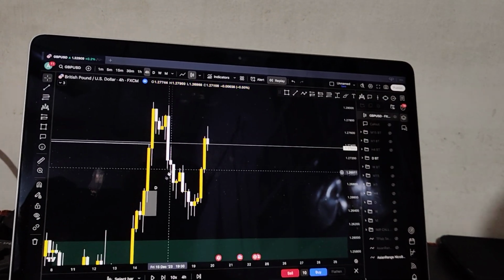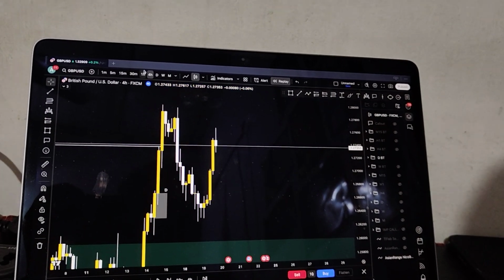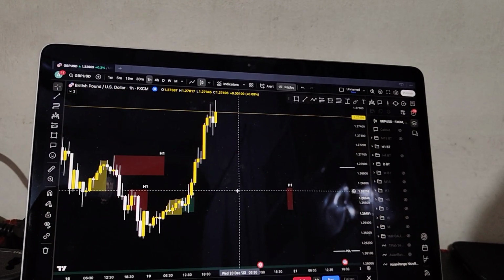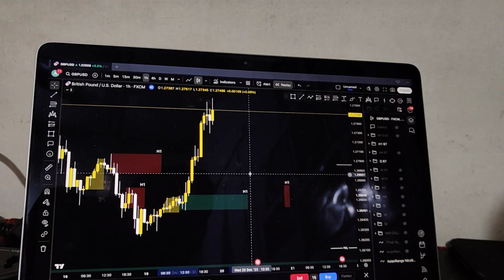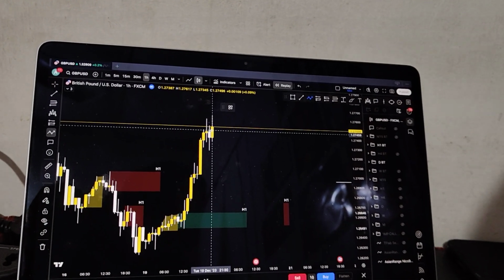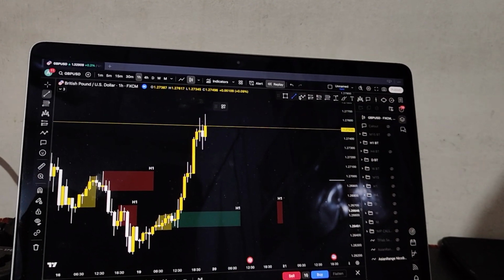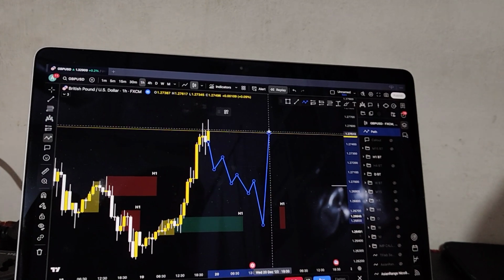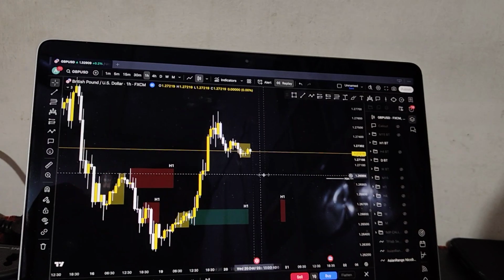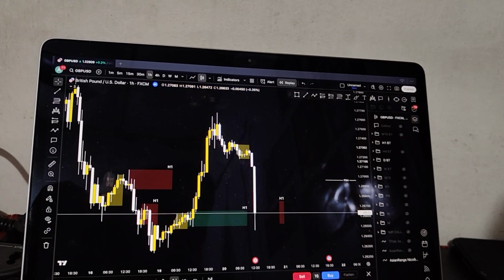I should have noticed this, but since this was backtesting the live markets, if this happens, we'll try to notice, and obviously we'll notice it. Now going on the hourly, the demand zone I was looking for was this one, but also we have to look at the market structure, and also we have to perceive how the Asian range closes. If the Asian range did something like this, the demand zone is irrelevant, and if the Asian range did something like this, then it's relevant. So now waiting for the Asian range to close as always, and obviously I will not trade because of CPI.